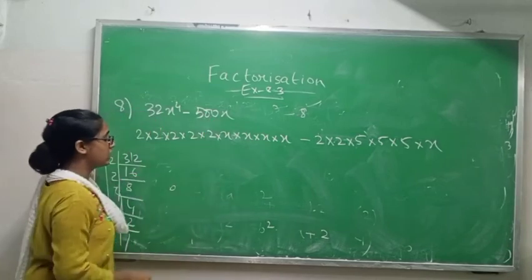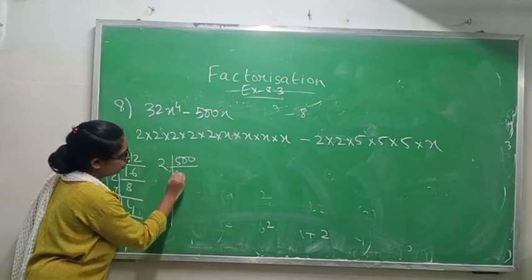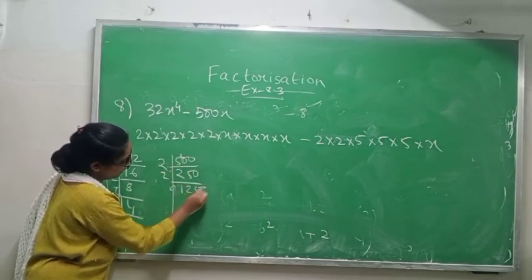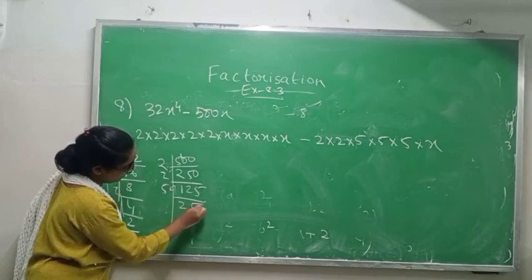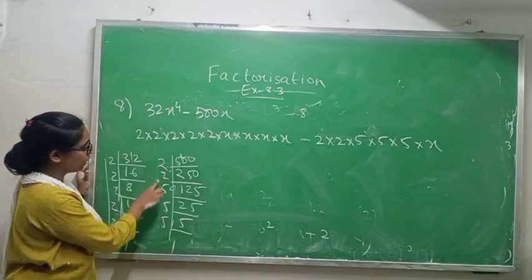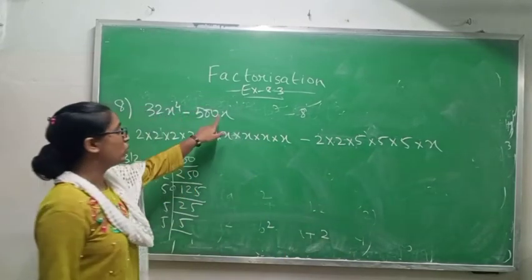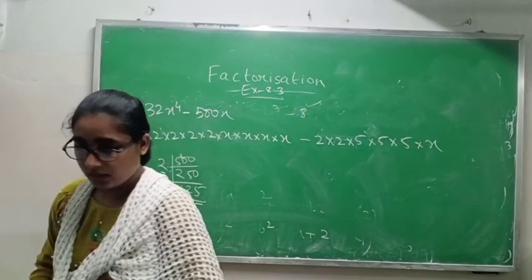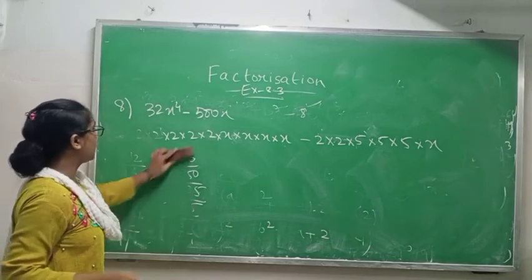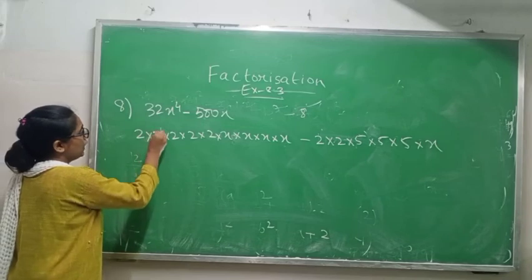Now we have to take LCM of 500. 500 LCM. 2 2s are 4, 2 5s are 10, 2 1s are 2, 2 2s are 4, 2 5s are 10, then 5 25s are 125, then 5 5s are 25. So how we are getting 2 times and 5 3 times. So I have written 2 into 2 into 5 into 5 into 5 into x, because we have only one x. Okay. Now you can ask why we are doing so, because we would not be able to make cube if we will not take common.